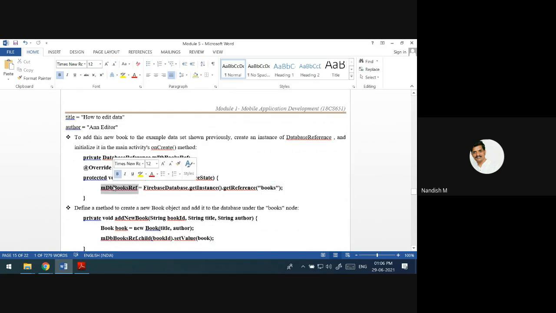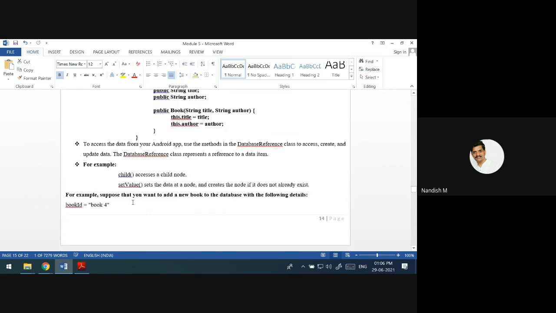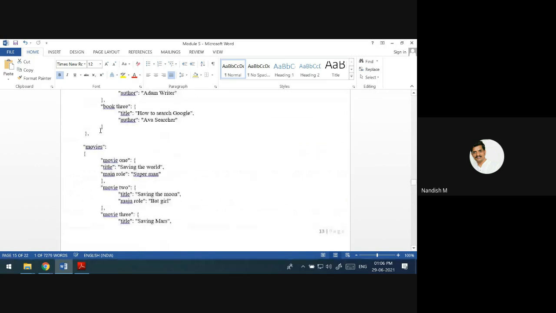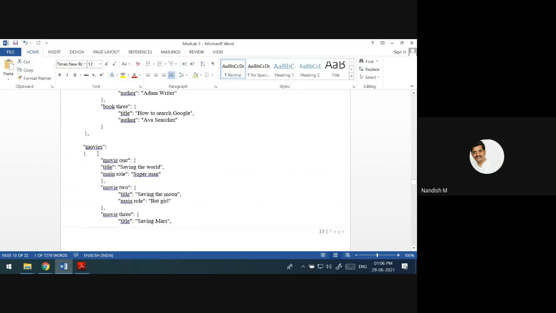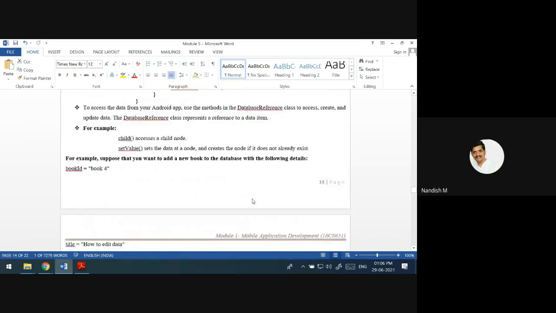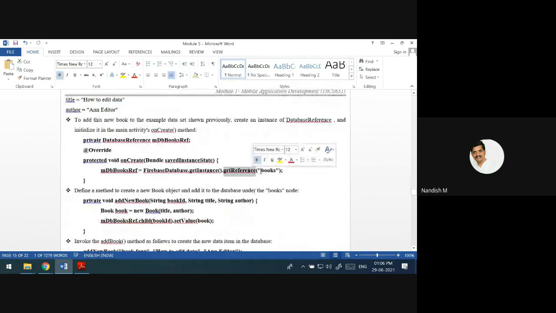It is going to get the address of this node. After that, you can add an entry inside this node. If you want to add it to movies, you have to give the name movies here: get reference movies. Then you can add movie data.